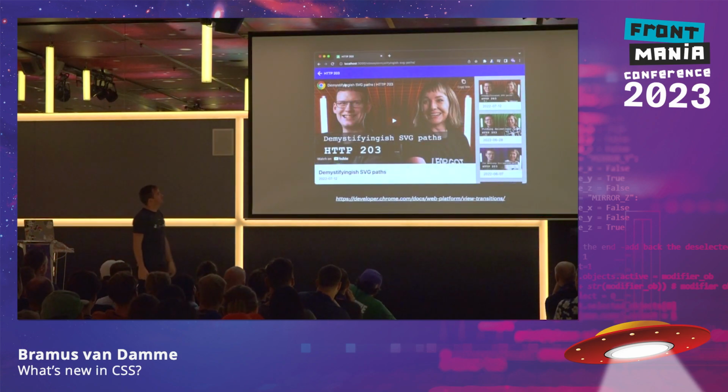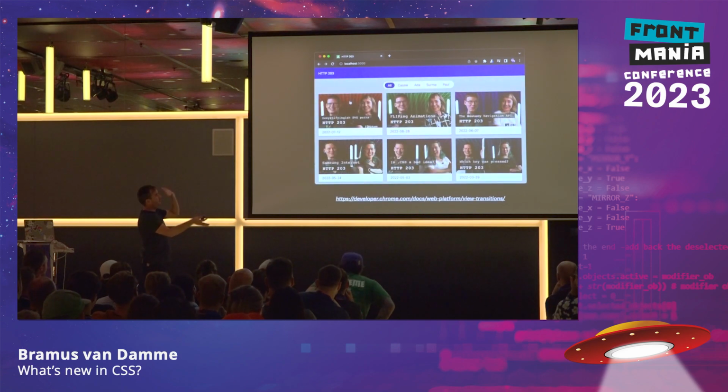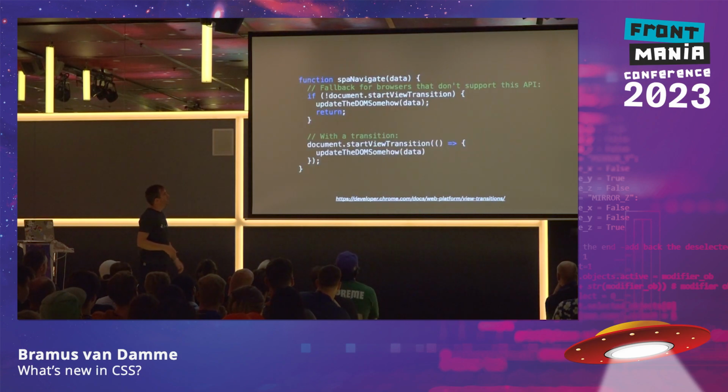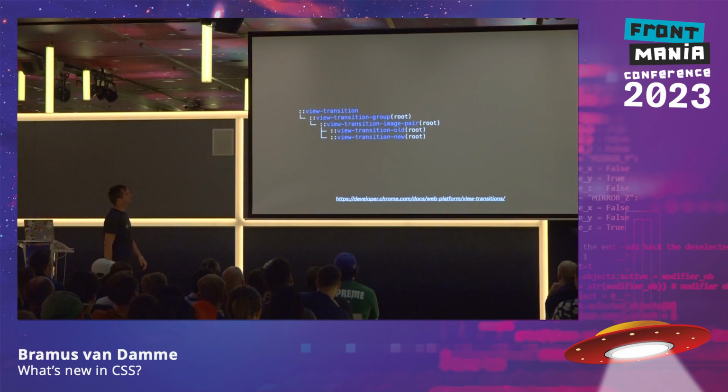So here's an example that Jake built. If he clicks on it, you get the fade in and the fade out between the two views. This is how you do it. You call document.startViewTransition, and in there you have your update method that changes the DOM. So that changes from the overview page to the detail page. And from then on,